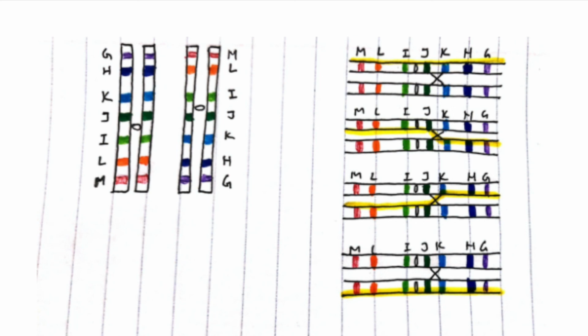Now, if you're observing the fitness level between the very first cross we did with the inversion and the second cross with no aberration in the chromosomes, we will find that the second one would actually be more fit because all the chromosomes are viable, whereas in the first cross, only two were viable.